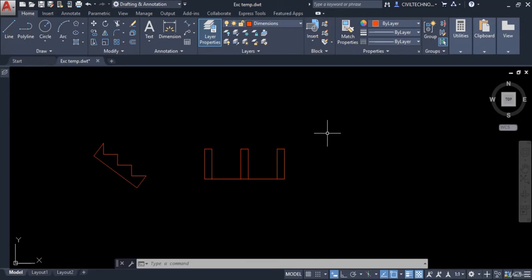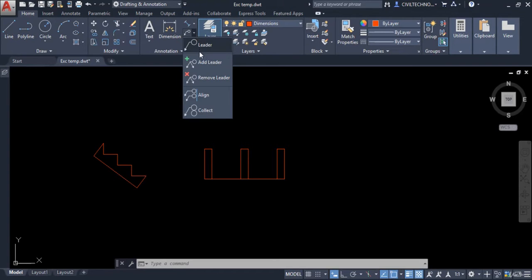Hello, in this tutorial we are going to learn how to add multi-leaders in AutoCAD. Multi-leaders are used to add information in drawings. Multi-leaders are in the annotation panel under the Home tab. This is the icon for multi-leaders, and with that you can see one drop down and we have multiple options